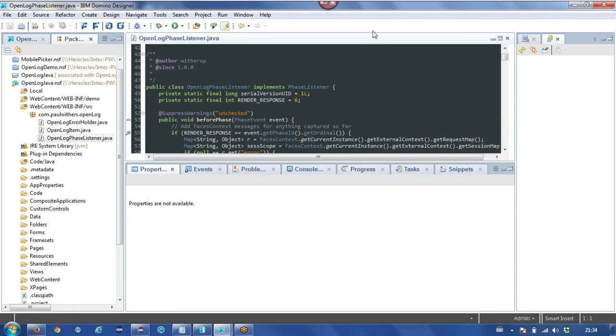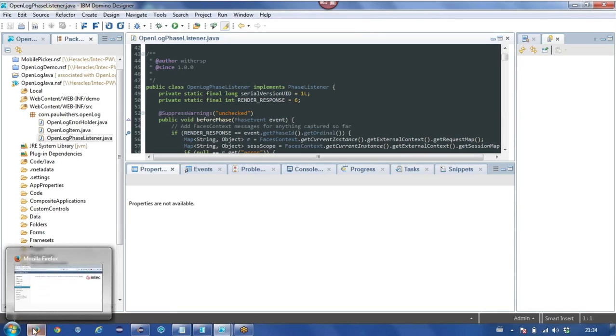So just make sure that you've got Designer selected. If not, then it'll just open up. You just click continue to let it run through, close down that debug perspective, come across to Designer, click there, and then start debugging again.